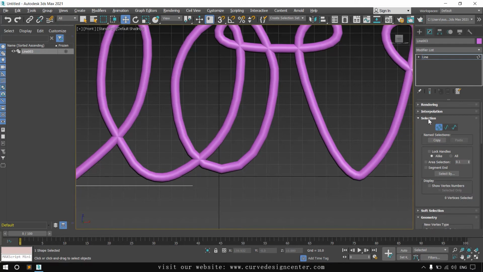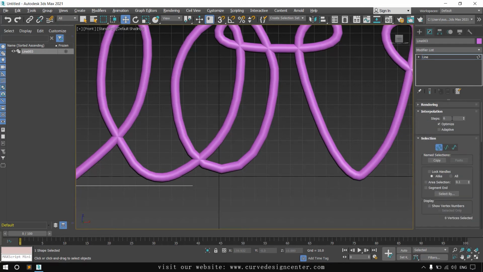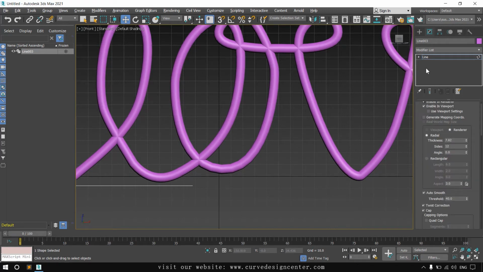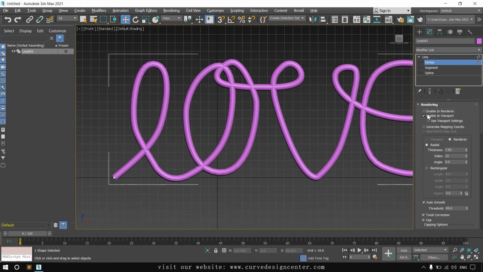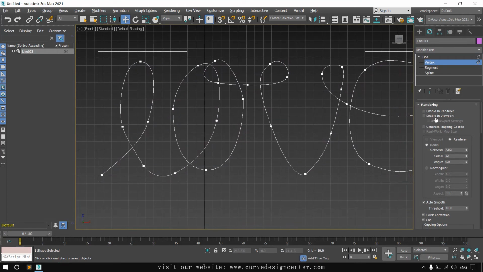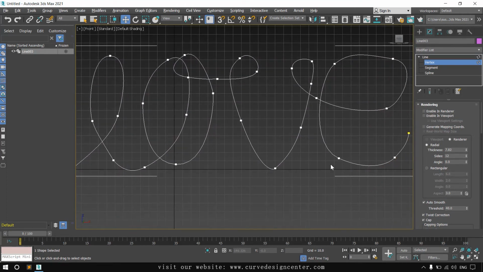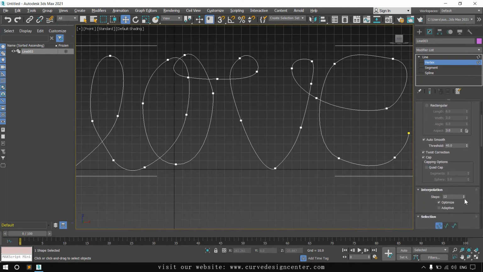First collapse this and expand the interpolation. By default the value is 6. You can increase it to 10 or 12 like this, so it provides some more smoothness, but the vertex count stays the same. So by increasing the interpolation value, the vertex count is not increased.